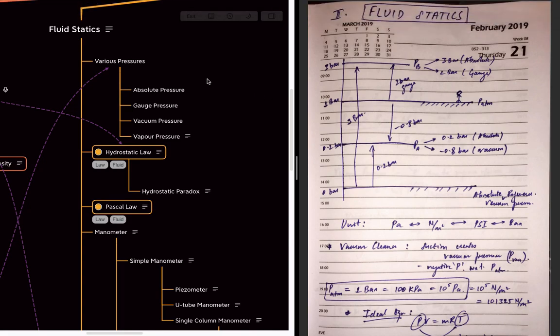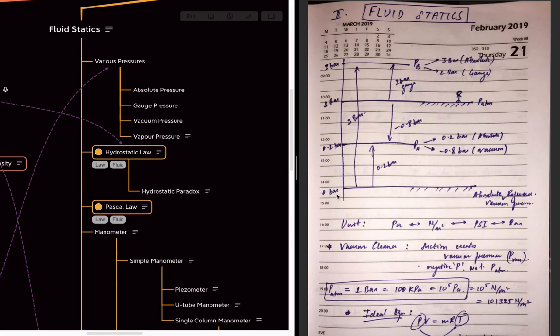So in fluid statics, the first thing is to study the various pressures. There are many pressures like absolute pressure, gauge pressure, vacuum pressure, and vapor pressure. So this is a small graph to differentiate the various pressures. The reference pressure, also called the absolute zero pressure, is the pressure at which the value